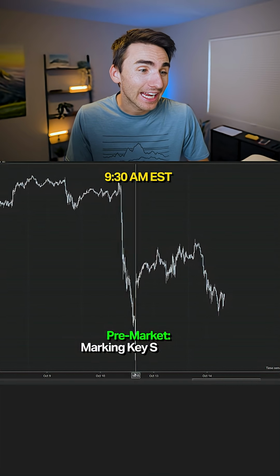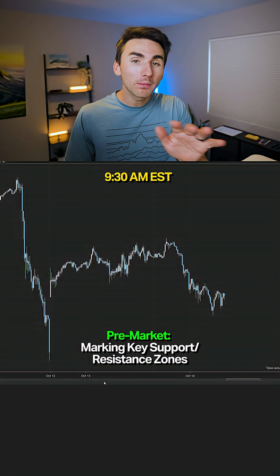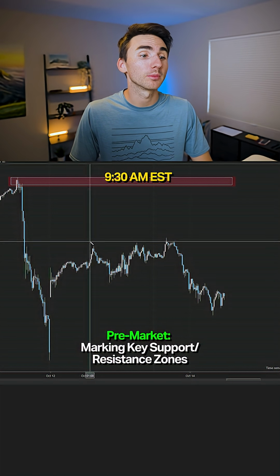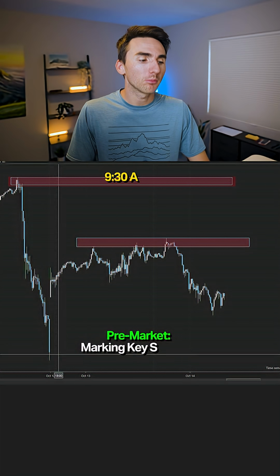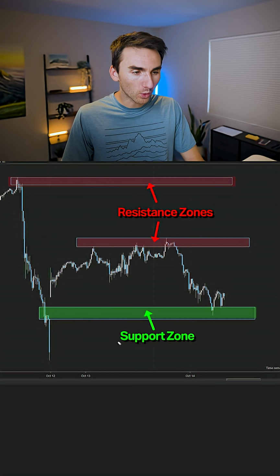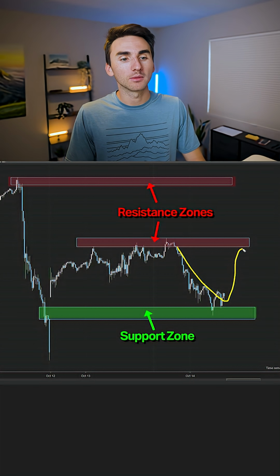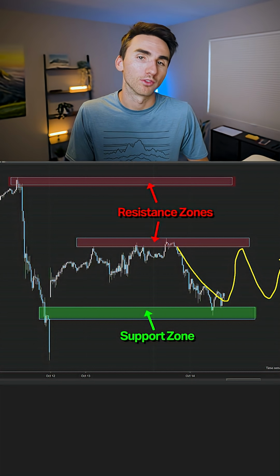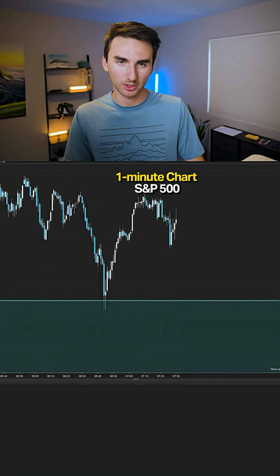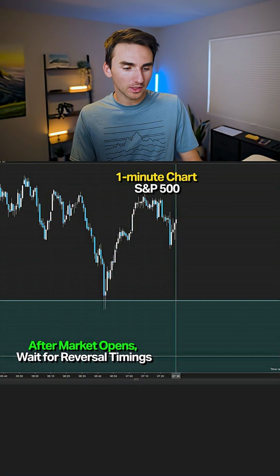Every morning at 9:30 Eastern Standard Time, I open my charts and look for key price action from the overnight and the pre-market data, marking off key areas of support or resistance where I think the market is likely to reverse off of. Then I go into a 1-minute chart of the same market and I look for 30 minutes